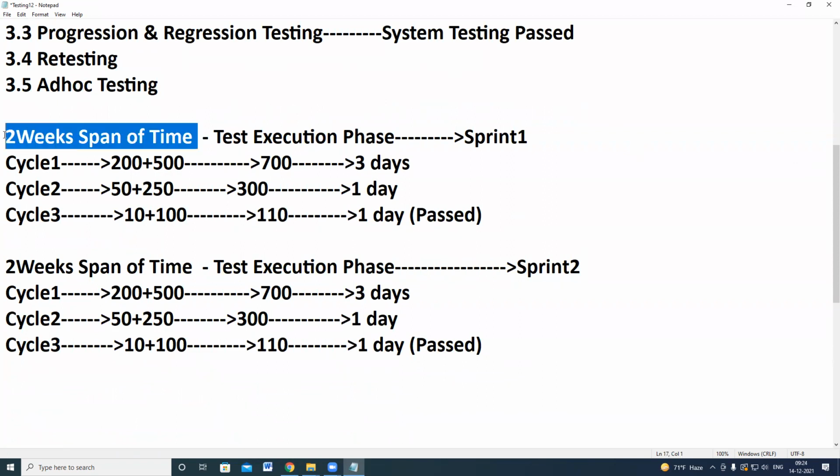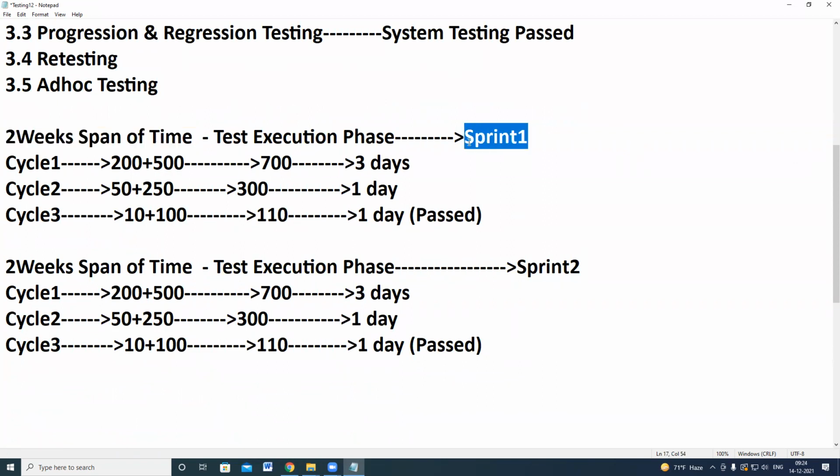A two-week span of time, we can call it a sprint. And another two-week span of time, we can call another sprint. So sprint one contains around 8 to 10 user stories. User stories means requirements.